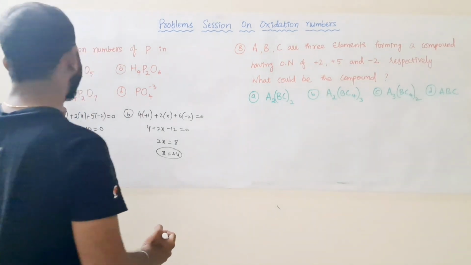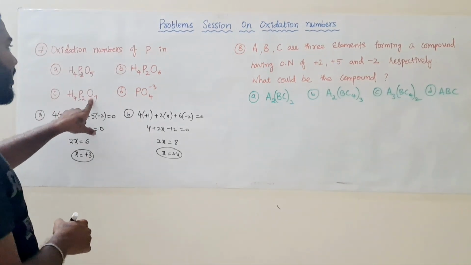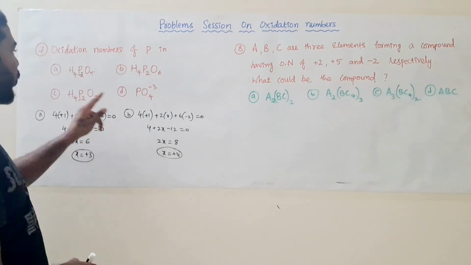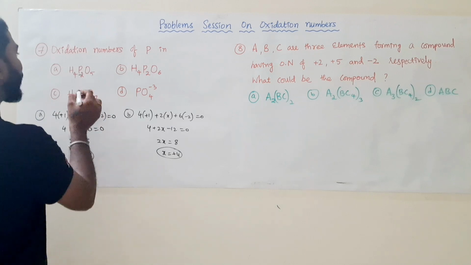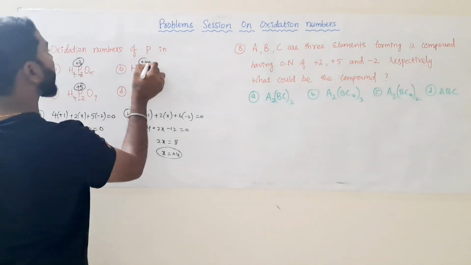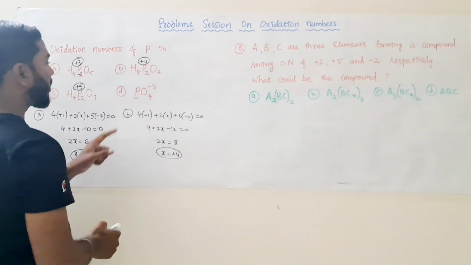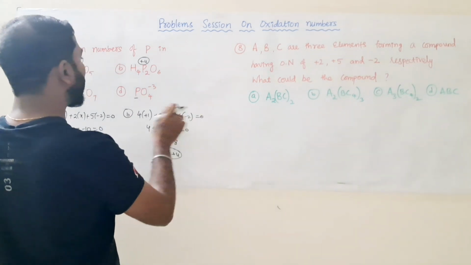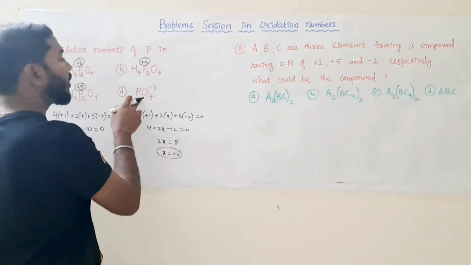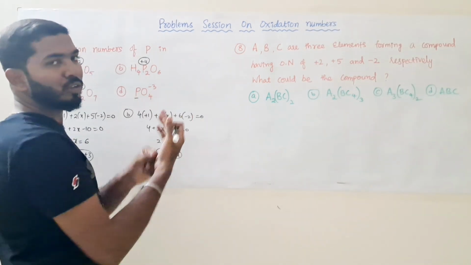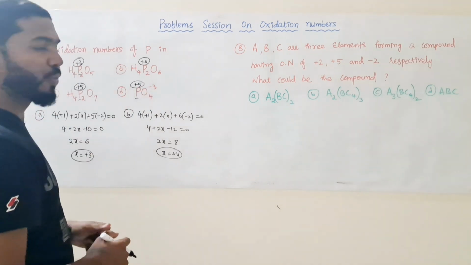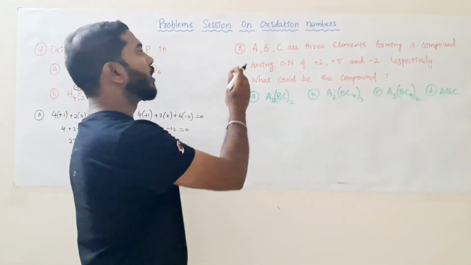And then option 3, if you look at this, you can easily guess here. H4P2O5 is +3, H4P2O6 is +4, and then one oxygen is more, so it is going to give us +5 here. So it is +3 here, then +4, and then +5. And how to do this? 1 into x plus 4 into -2 equals -3. So 4 into -2 is -8, so that equals -3. So P, the phosphorus oxidation number, is going to come out as +5. Hope you understood. And then next up, moving to the next question.